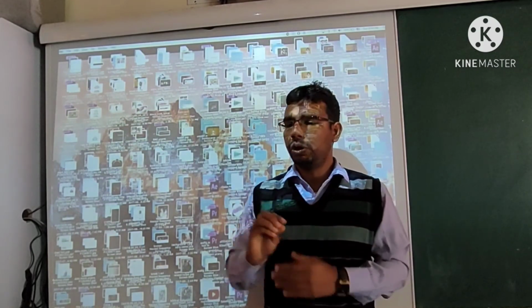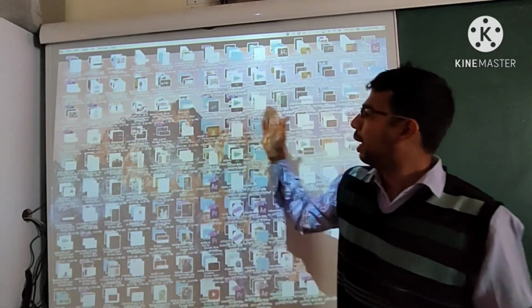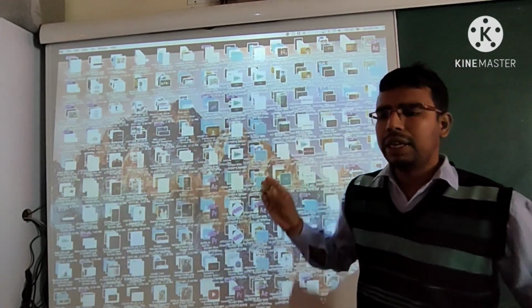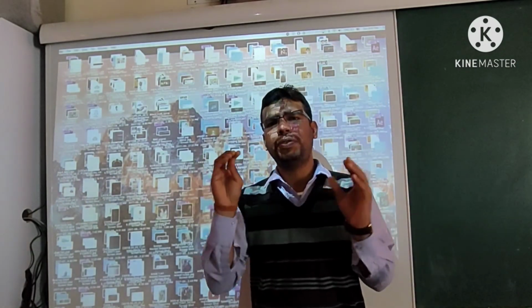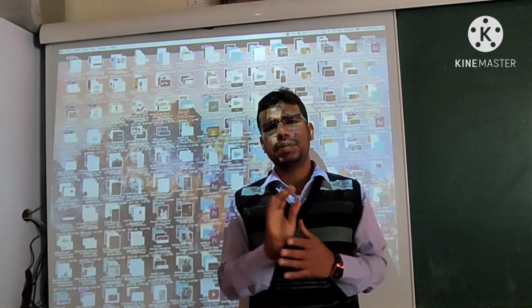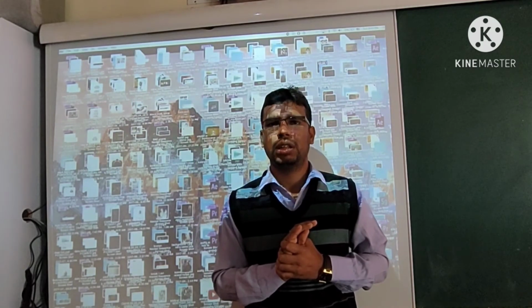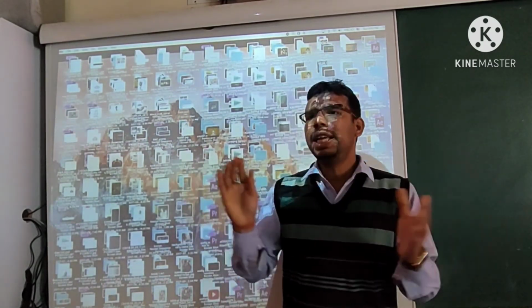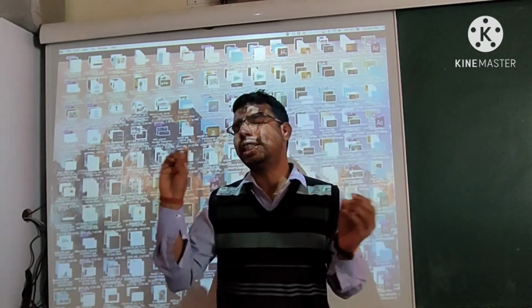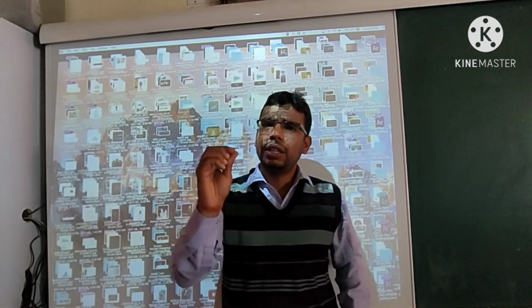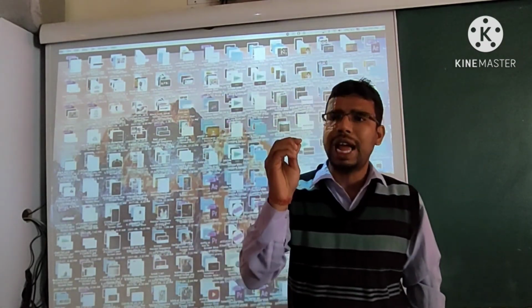Sometimes our computer looks very messy, like this. It is very difficult to locate files from the mismanaged computer. With so many thousands of files stored inside the computer, it is very important to organize them so